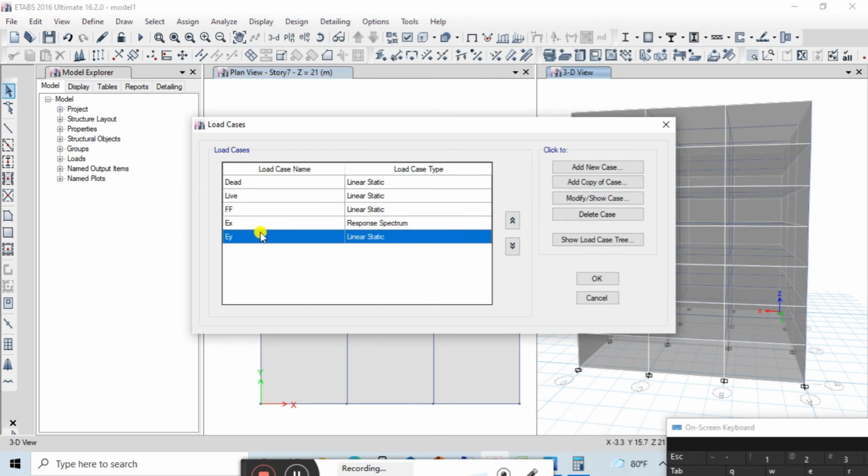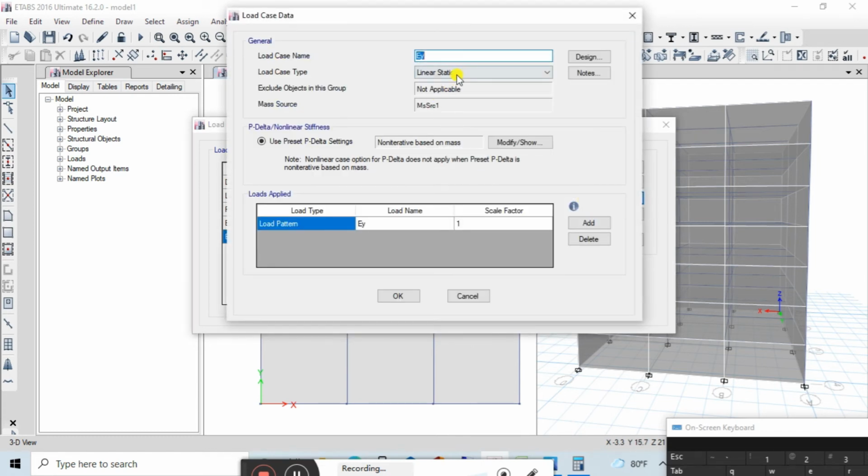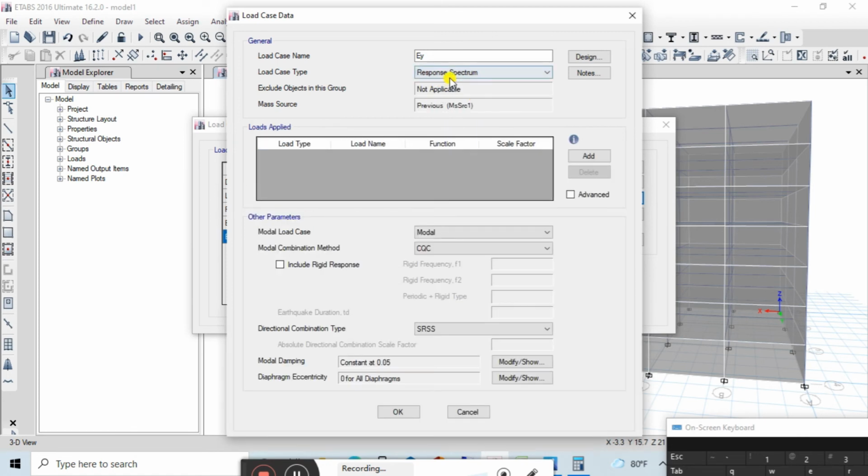Similarly, we need to go for EY direction. Again, you need to go for modify show case. And in the same manner as we have done before, click this response spectrum, then click on add. Click again U1, make it as unit RS, then again it has 2452 as a scale factor. Press add.